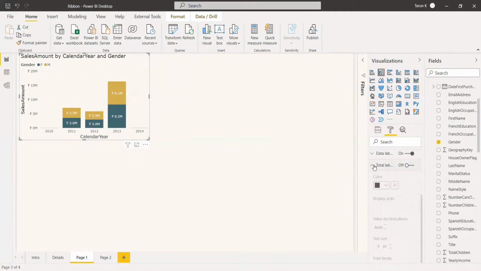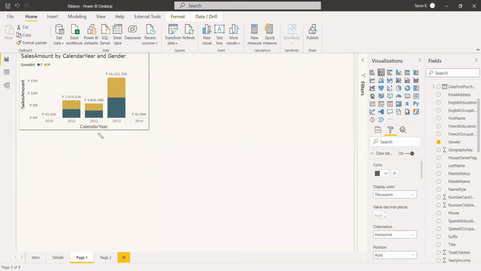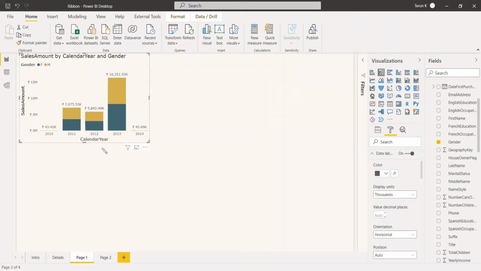We can change it to thousands. So here, since the value is less, the chart is not shown that much.